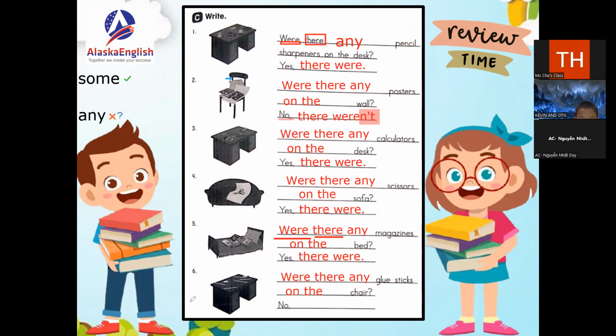Otis, can you see my screen? Yes. Okay, all right. Is it difficult? Okay, don't worry. We are going to play a game next time, okay? But I want you to try to comprehend with me. Teacher is going to guide you. Don't worry, we're going to repeat this topic next meeting. Just remember, we just use weren't when we are referring to no. So the answer here is no. What are you going to put?